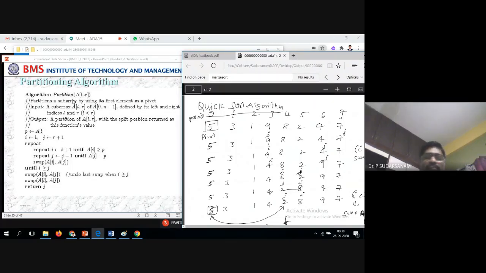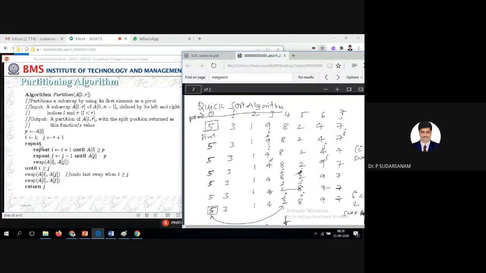because I am following the textbook algorithm, since in future you may be referring to the textbook. That is the reason for left and right, or low and high, 0 to n minus 1; whichever way you want you can take it, that doesn't matter. So now the input is the sub array to be partitioned. The first element is called the pivot element. Yesterday somebody was asking, sir, can we take any element? When you are making the partitions, the first element is called the pivot element.